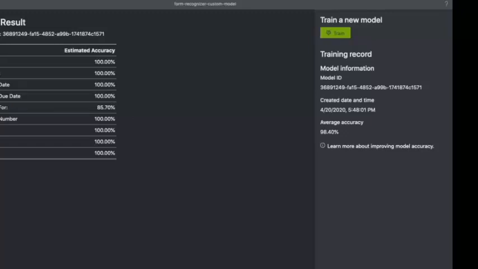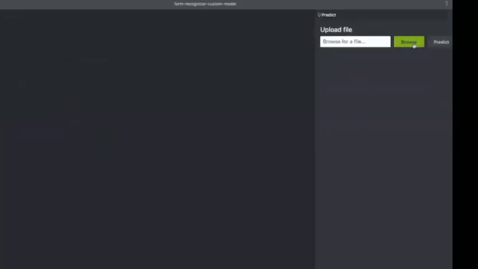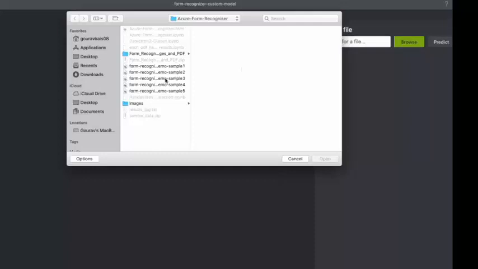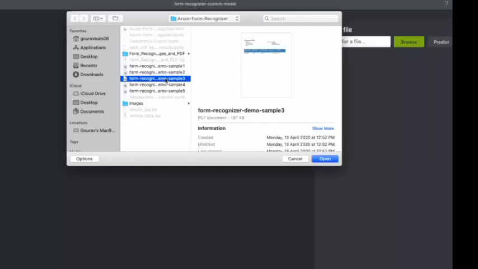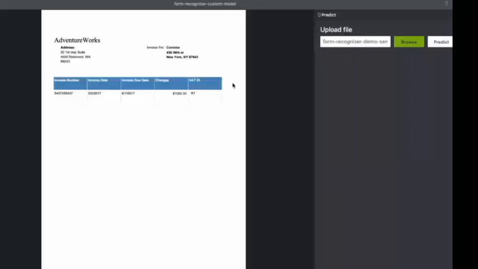Okay. After doing this training part, we will test it on one file which this model hasn't seen at all. Okay, so I've run the predict. It will take some time since I'm running it for the first time.